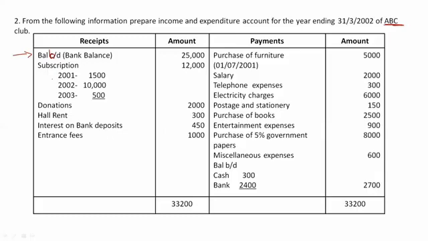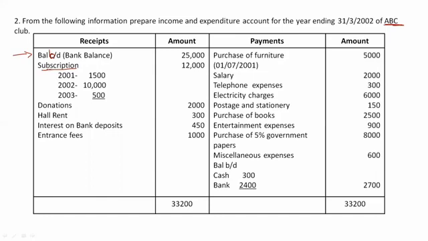Then subscription, yes, now this point is important. Subscription, we know that it's one of the main source of income for an NPO, right? Other than that, we have donations, we have legacies, and many other incomes, charities and all, but subscription is one of the main source, and it is revenue in nature. Many people will be regularly subscribing to an NPO. So the fees that they are paying is called as subscription. This is a regular source of income for an NPO.